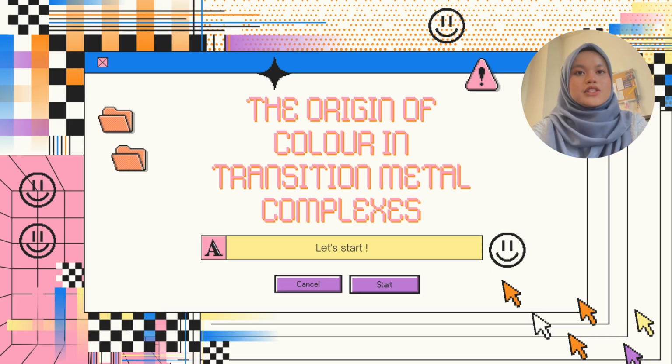Good day everyone. Today we will be presenting on the origin of color in transition metal complexes. This topic explains why many transition metal compounds appear brightly colored and how their electronic structure plays an important role